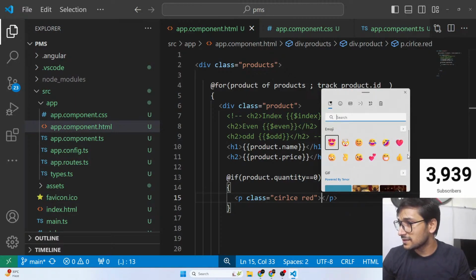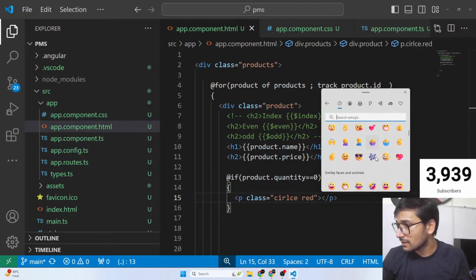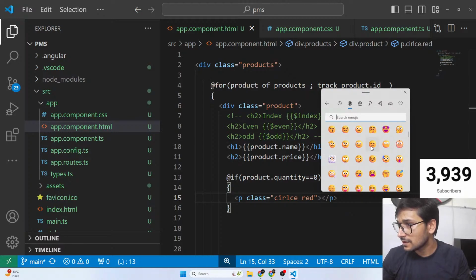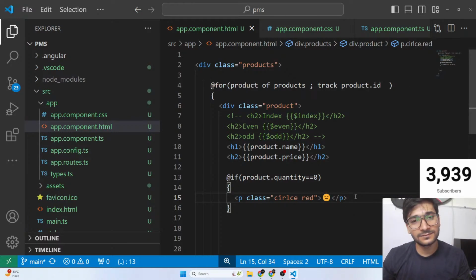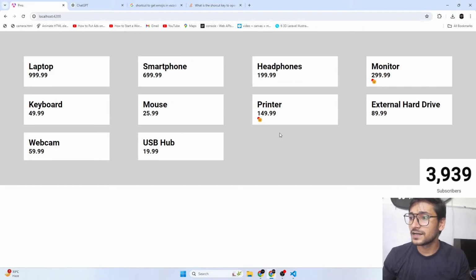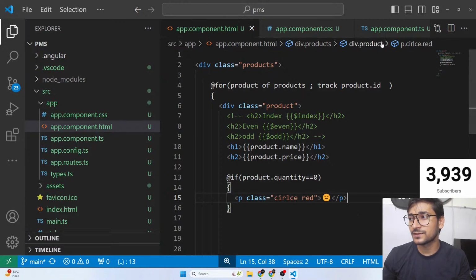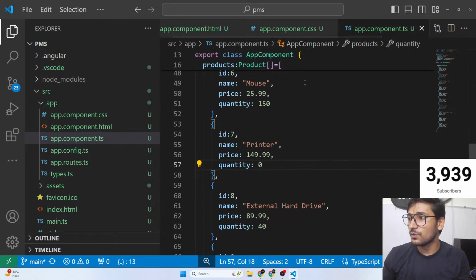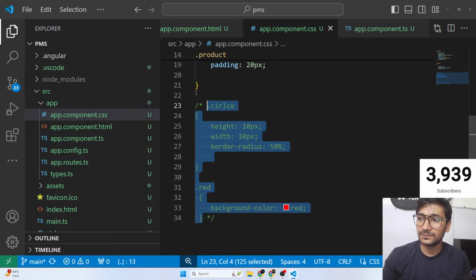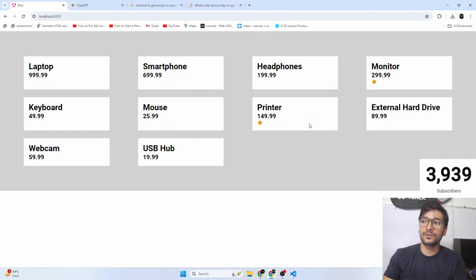So let's say, what can we use for it? Okay, let's use this one. That's fine. So now we don't have to use red, but that's fine. Let's just use it. And now you can see that the emoji is there, and we can now remove the red and all that stuff. So let's simply go and remove those colors. And see, here we go.